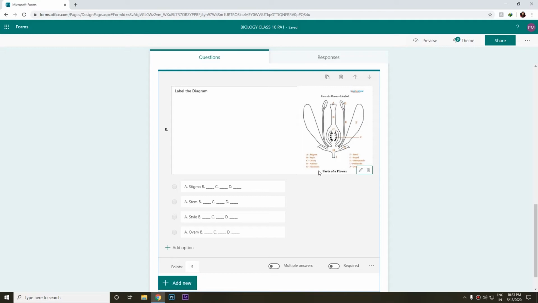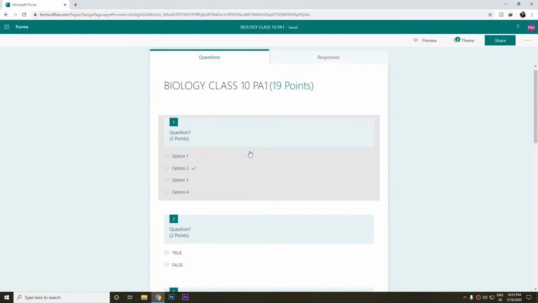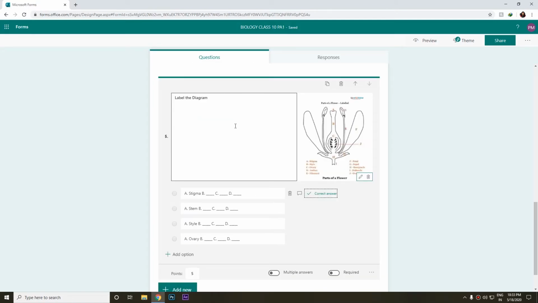I have uploaded this diagram with solution, but you have to remove the solution so that student will be able to see only these labelings, not the answers. I did it just for an example, don't follow it. So I added these, and the right answer is A because the A is stigma, and let's assume B style, C is this and this, but here A is style, ovary, which is not correct. So correct is A, stigma, which is correct. I marked it 0.5. So by doing this, you will create multiple questions, and you know how to do that.